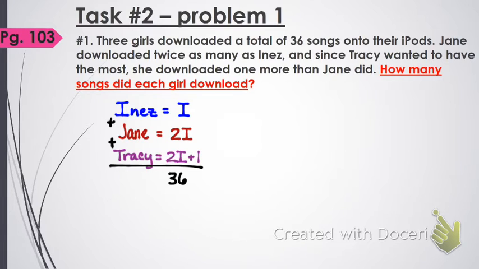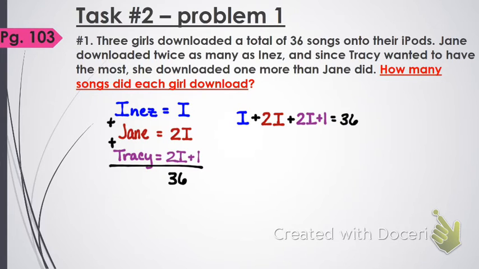What would it look like if I write it as one big long equation? 36 equals x plus 2x plus 2x plus 1. Yes. Because we have Inez plus Jane. Jane is 2I, right? Plus Tracy, which was 2I plus 1. And when I add them all together,